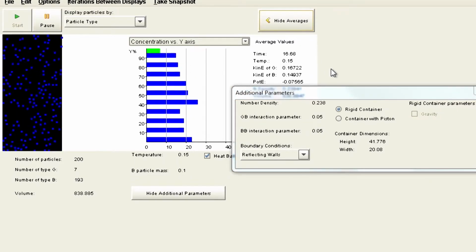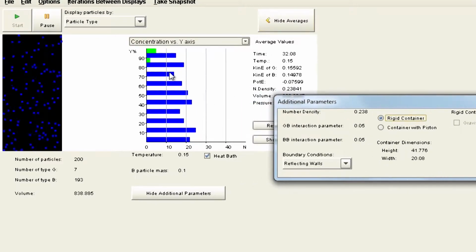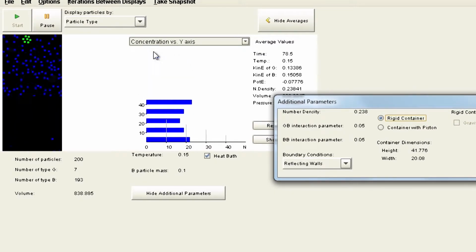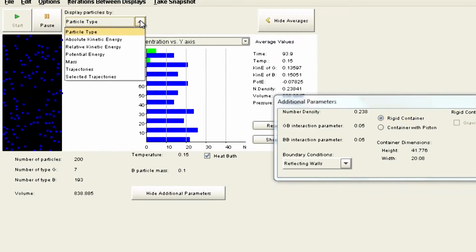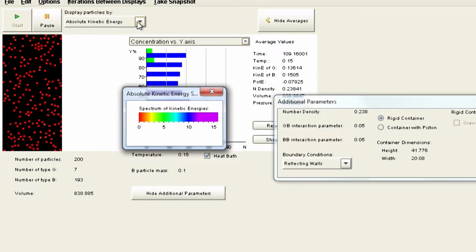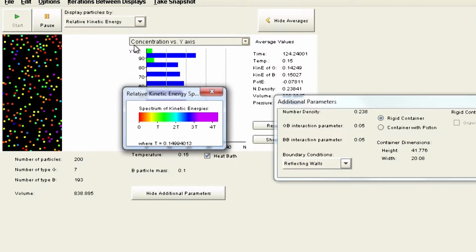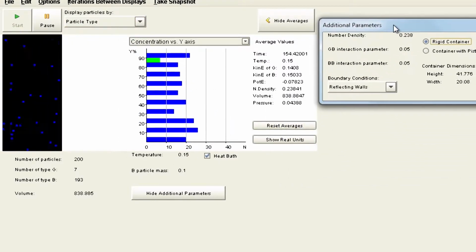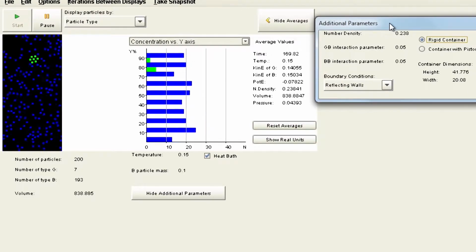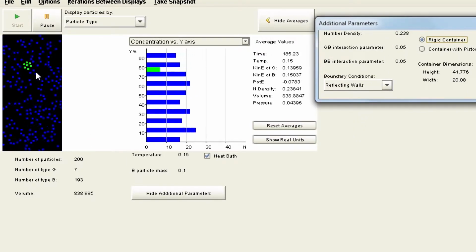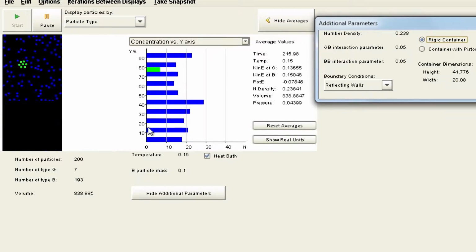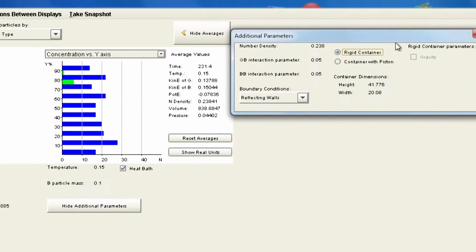So let's say I do not have gravity first in the rigid container. Let's start that. Now you can see, and this is the concentration, all the green blobs are up here, but they are being moved up and down because there is no resultant force of gravity coming down. If you look at the kinetic energy versus potential energy, you can see all these particles, but let's go back to the particle type. Now you can look at this rigid container, and this is still trying to diffuse down, and that's where you can see the viscosity of this material acting against it. But because it has no gravitational force, you can see that it's taking time.